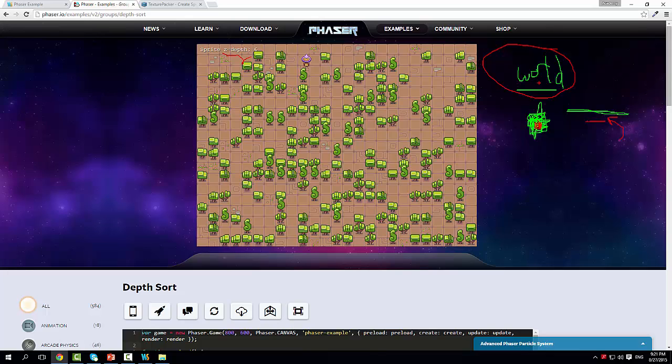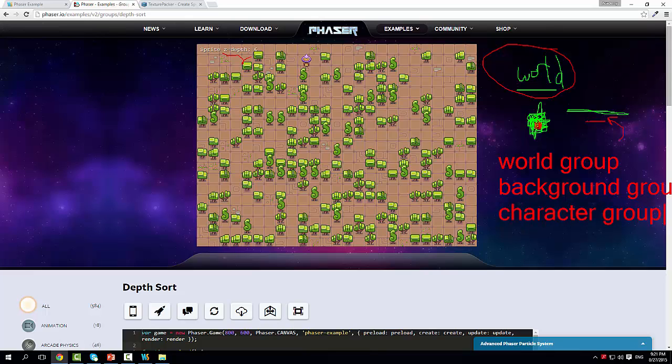So it's very important, and this is what we will do. If you would like to position your sprites in a weird way, if you have a lot of elements and you have to see some of them at the front, some of them at the back, just put them in some logical order inside a group. And then what's going to happen is you will have the world group, and beneath it you will not have like 100 sprites or something. You have two groups. So let's say background group, you have character group, for example,